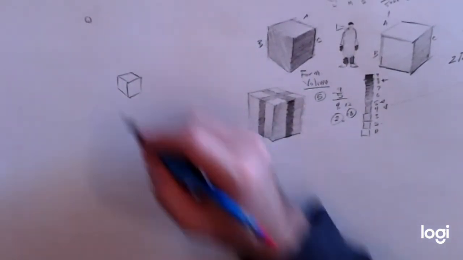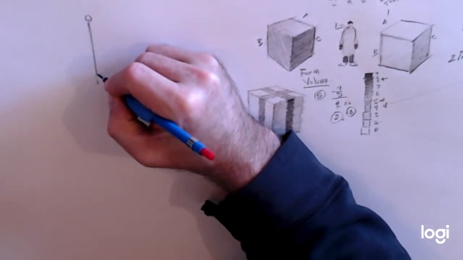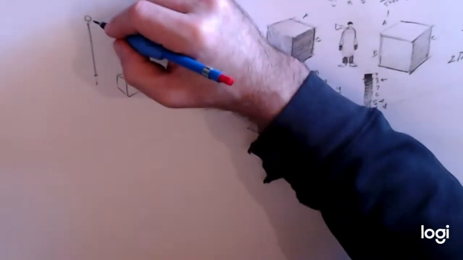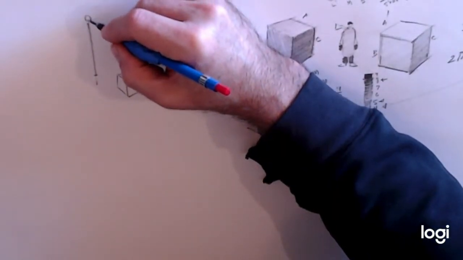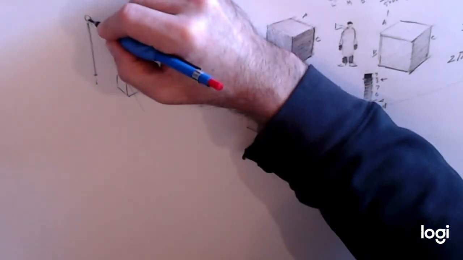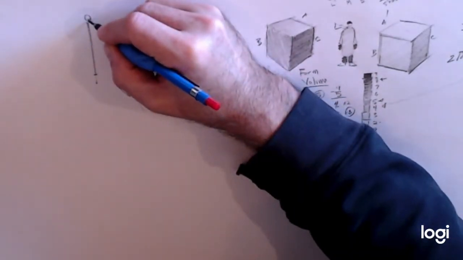And let's imagine that this is a street lamp and it's on the ground right there. From this light source, it casts rays and they come down and they hit the object,